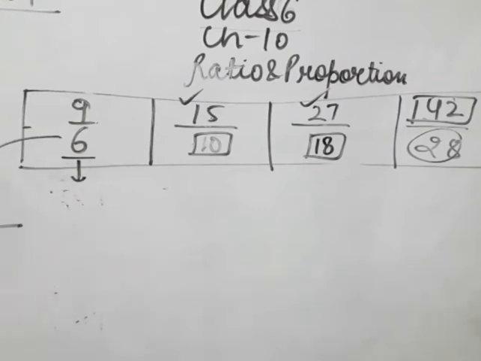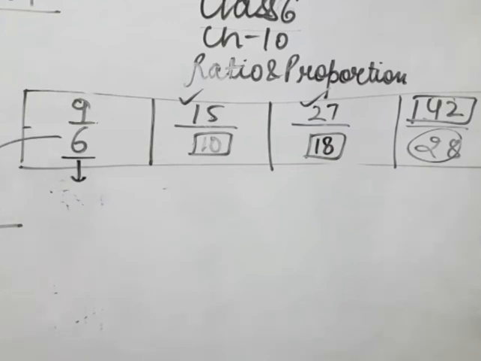What is there in question number 6? There are 70 buses and 2,100 students in a school. 70 buses are there and 2,100 students are there in the school. So find the ratio of buses to the number of students. अब हमें ये बताना है, हमें रेशियो बताना है buses की और students की.